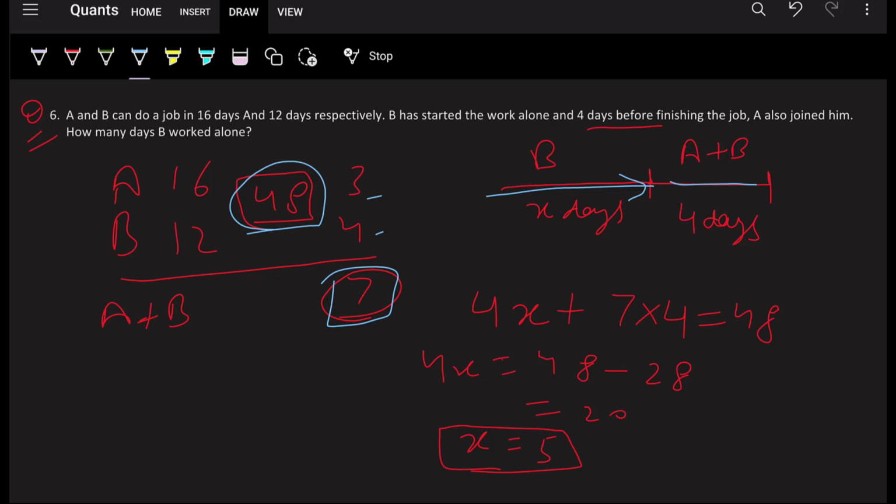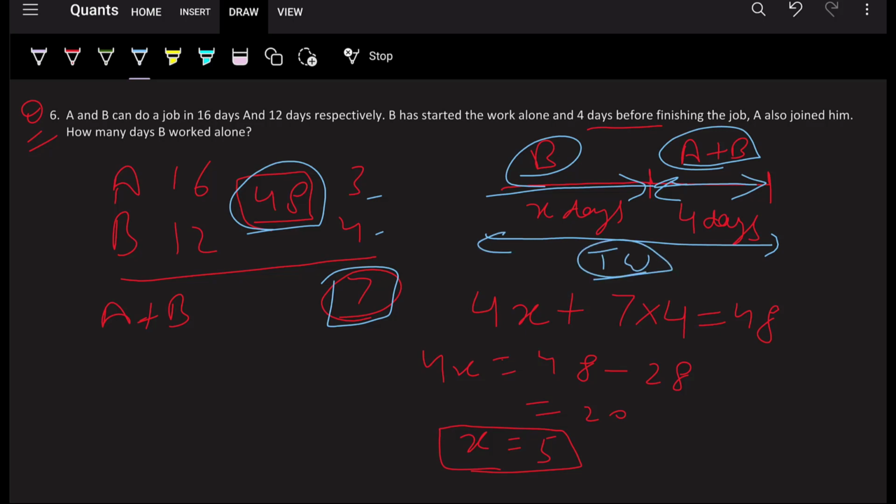Now according to the question, B has worked for some days alone, and 4 days before finishing the job, that means in this period of 4 days, A and B both have worked, and before that only B has worked. Now the whole work is completed, total work. In X days, the efficiency of B is 4, so 4 into X will be the work done by B,